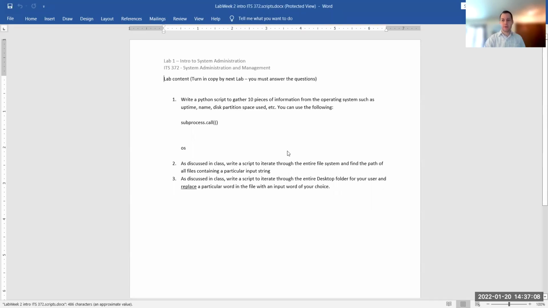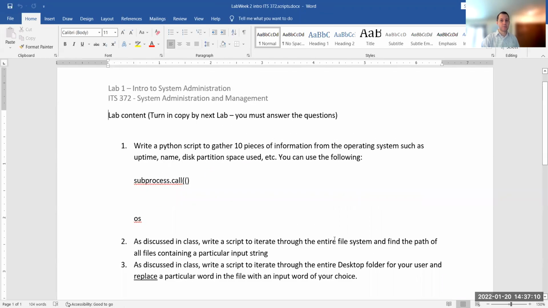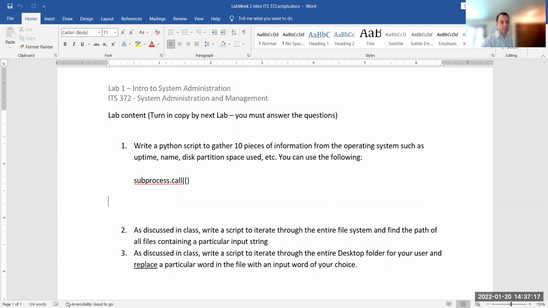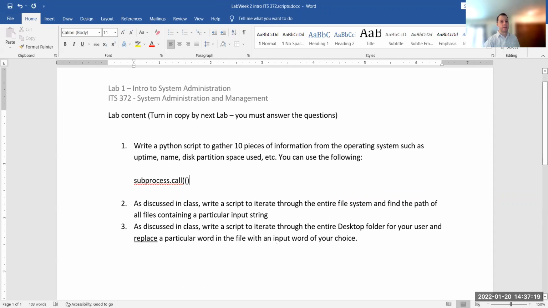Right, and this is the three problems, right? So in this one, oh, I think it was already updated. So now that you understand the example that I just did, basically it just says, write a Python script to